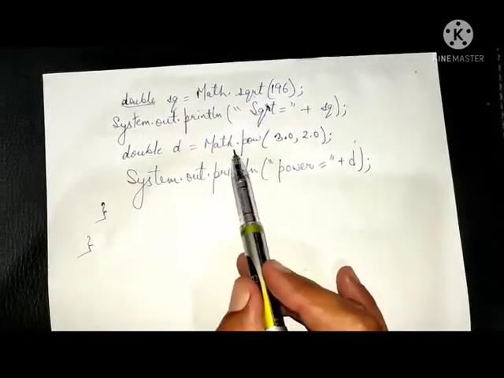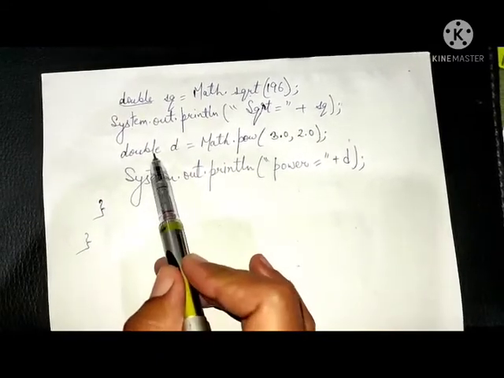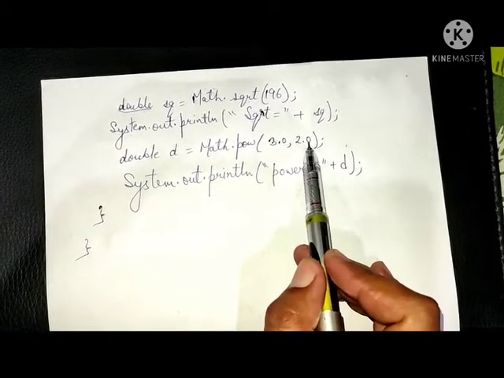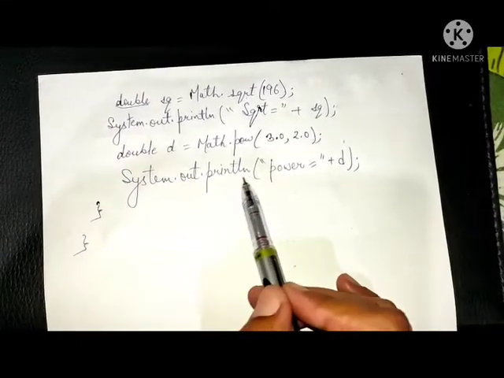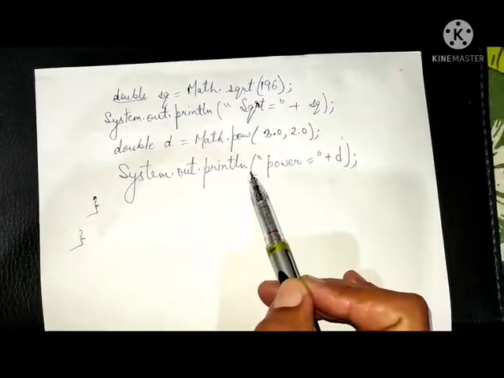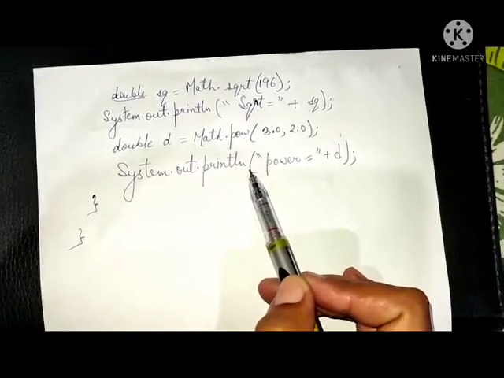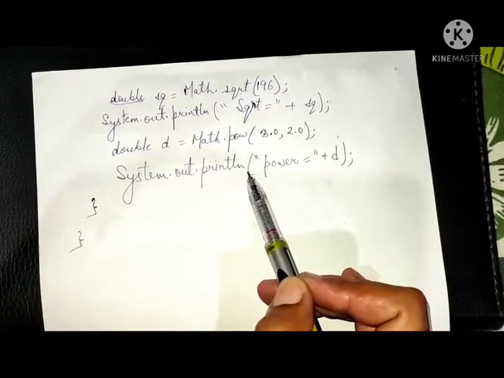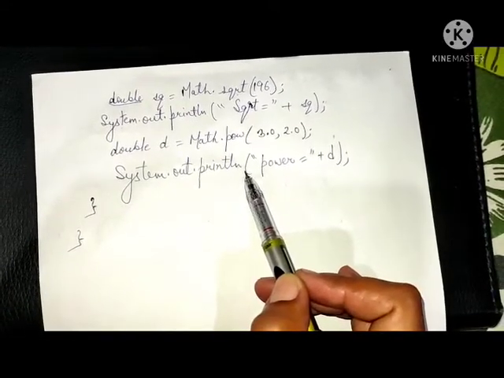system.out.println. Next, math.pow method that always returns the value double, so that's why I am taking the double here and I am passing 3.0 comma 2.0. Then what is the result? Yes, 9.0 is stored in the d variable and that is shown on the screen by the system.out.println. Students, you can write the program of each and every method differently, as given in your book, but I am taking only one program and in that program I am combining all 4 methods that we have discussed.